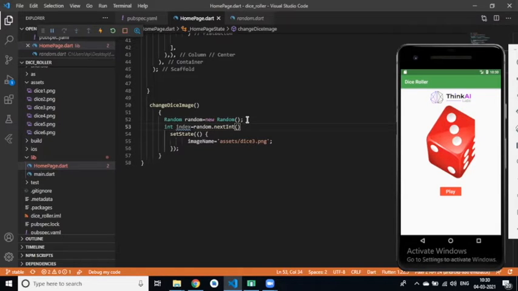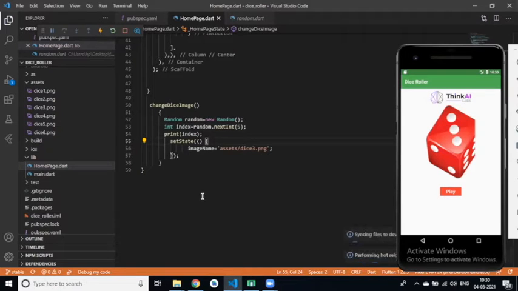If I define 5 and I print this index value, our random value's maximum limit is 5. This is our maximum value, like 1 to 5. The random value will start from 1, and our maximum value is 5. If I run this, hot reload this,